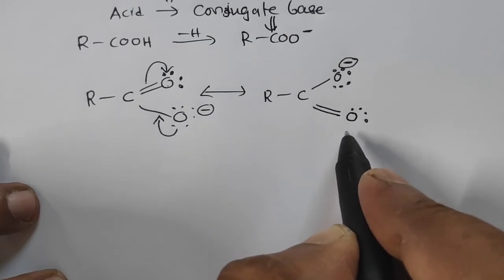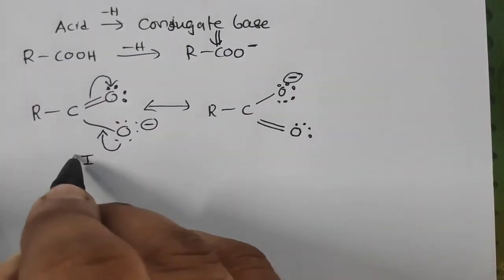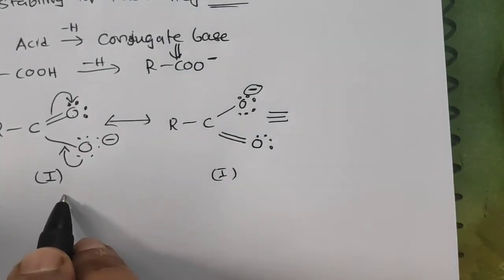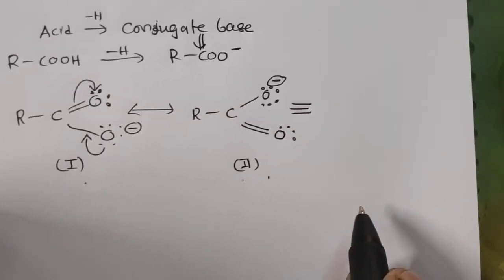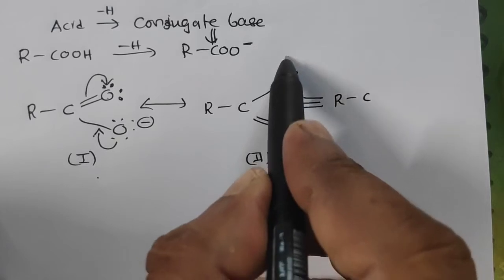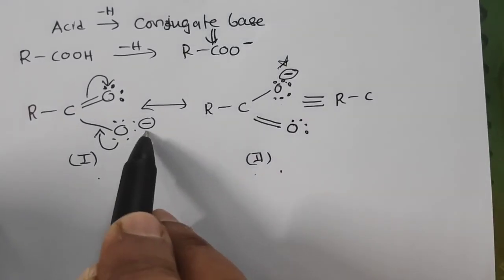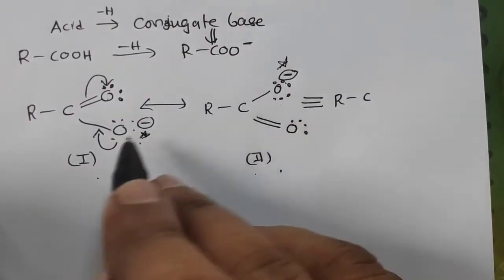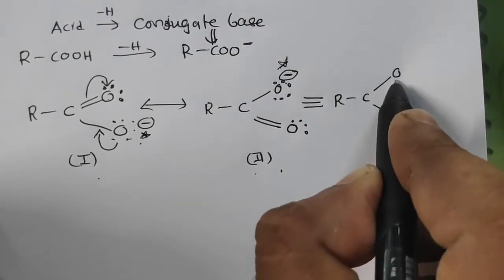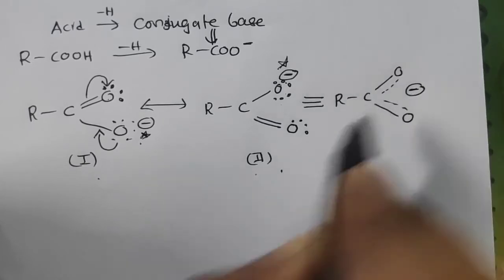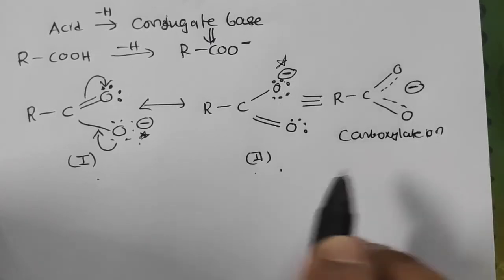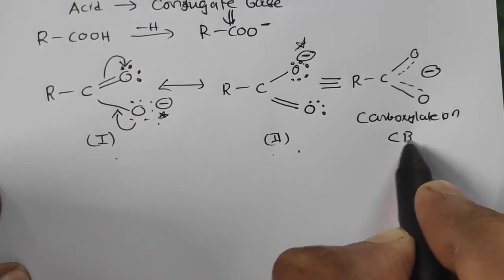Okay, so this is the resonance structure. This is structure 1 and this is structure 2. Now if I give the resonance hybrid, that is a mixture of structure 1 and structure 2, you will get the resonance hybrid as R C, and you will see delocalization. It is on this oxygen and on this oxygen, that is, both oxygens, which are more electronegative, right? So the delocalization is at these two places, shown with a dotted line and a minus sign written in the center. This is your carboxylate ion, which will act as a conjugate base.